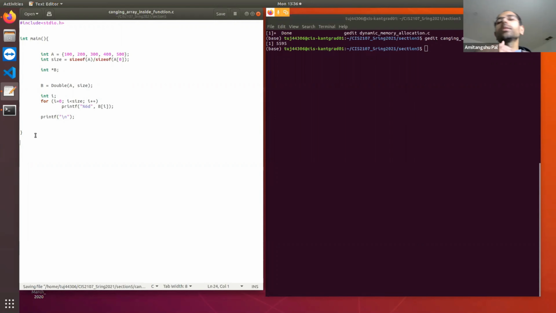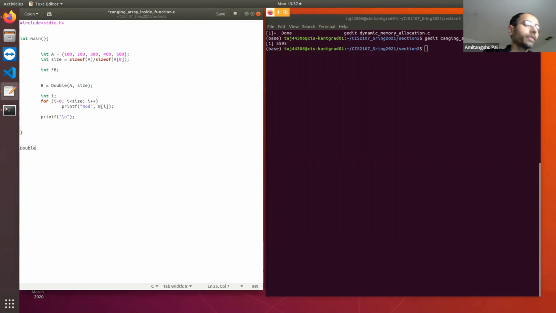I'm showing this to show the difference between variable length array and dynamic memory allocation. And at the same time, till this point, I have never written a program that returns an integer pointer. I have passed an integer pointer to a function, but I have never written a function that returns an integer pointer. So this is a program that will return an integer pointer. For these two reasons, I am discussing the program.